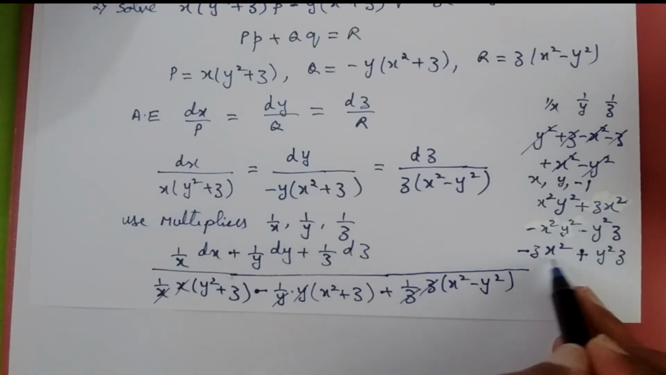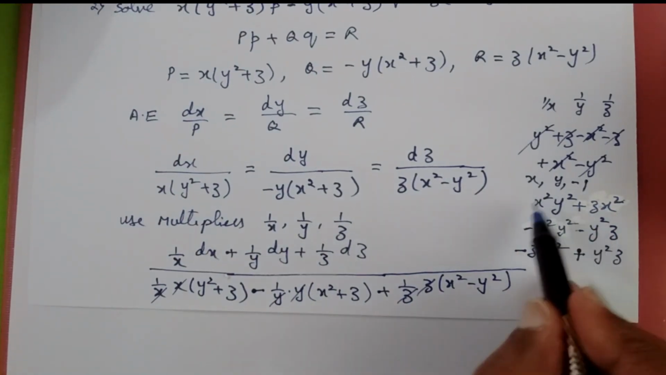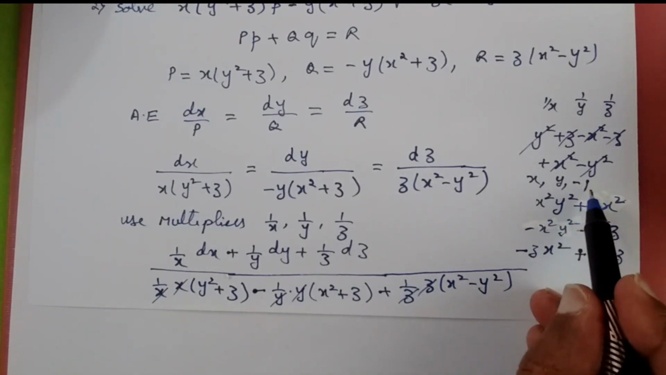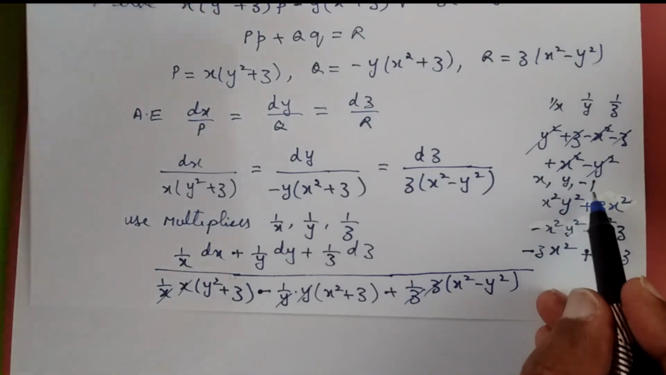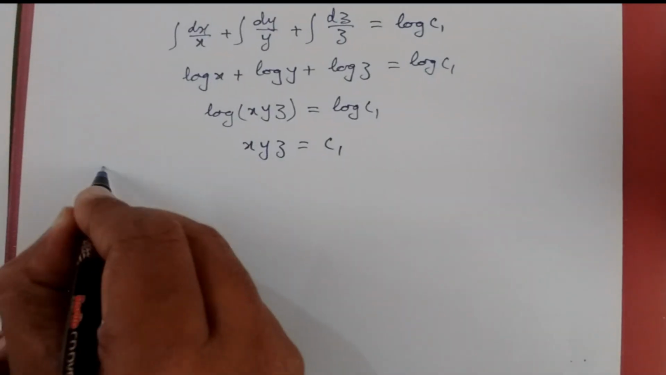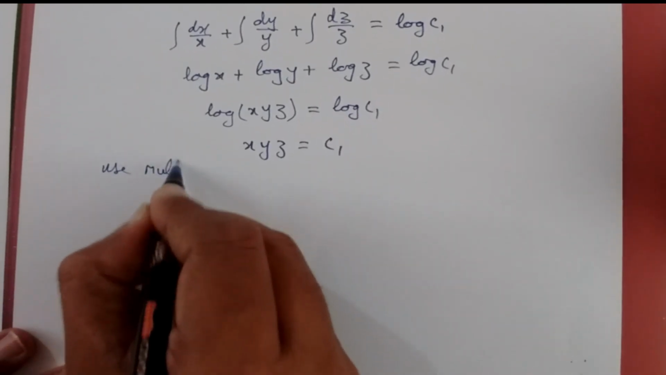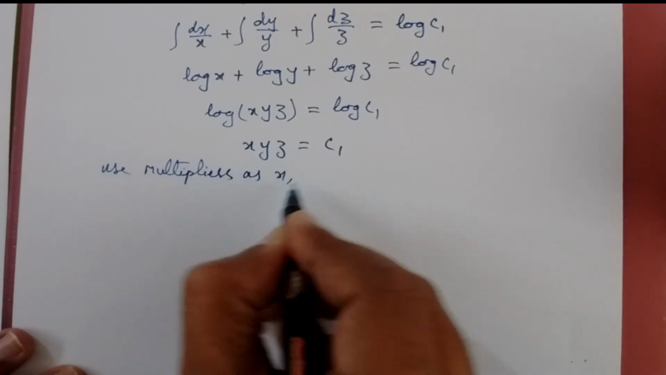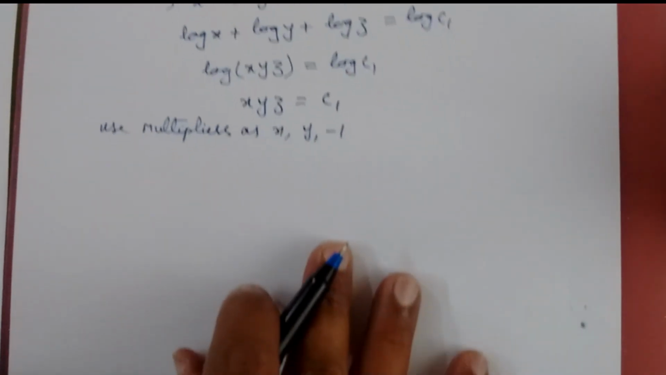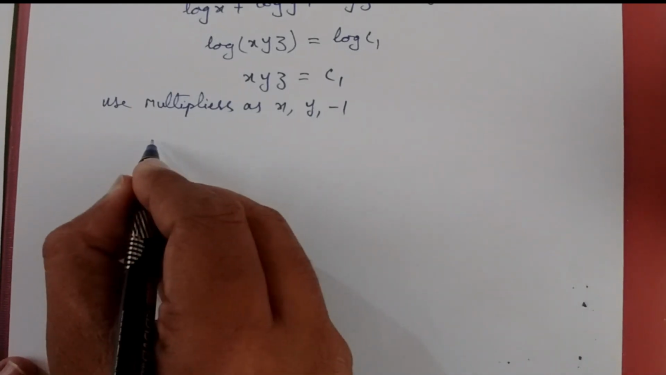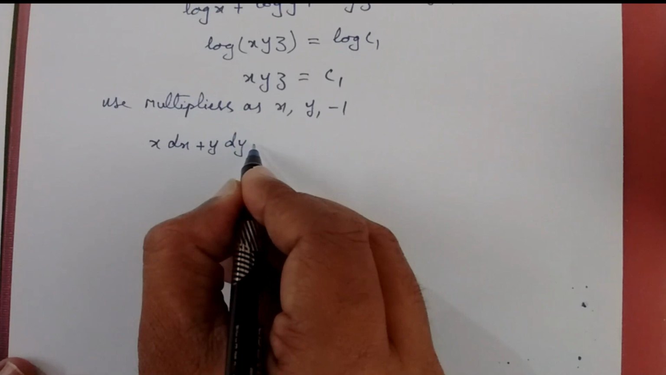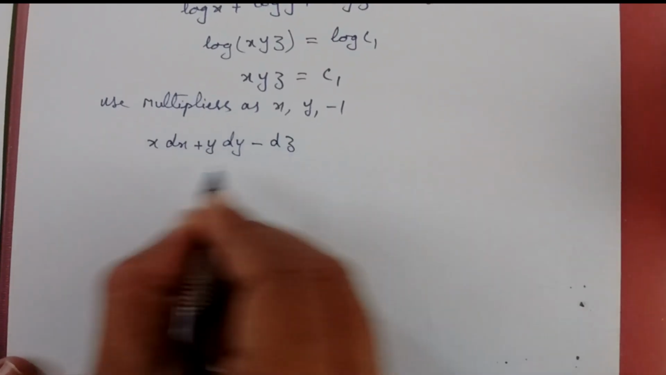Z will not work because we have seen over here. In that case, if you take z as a multiplier, you will not be able to make it as 0. So therefore you have to make the multiplier as minus of 1. So let us use the multipliers as x, y and minus of 1. So in that case the expression will become x into dx, y into dy minus 1 times of dz whole